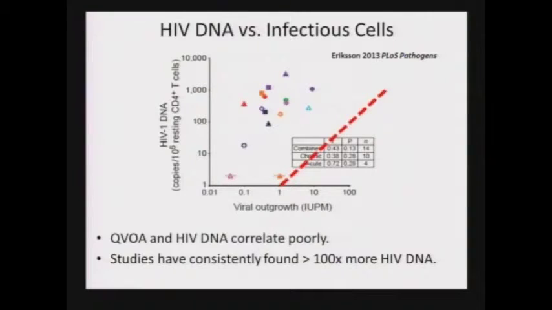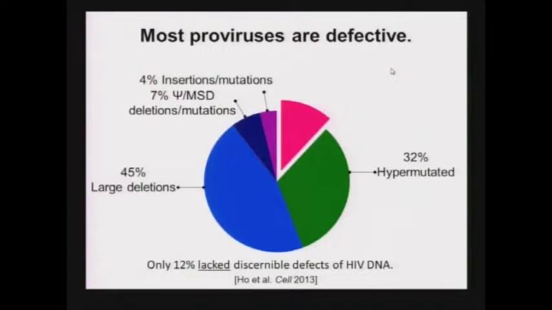In fact, in 3 of the 4 HIV DNA assays they looked at, there was not a significant correlation. Furthermore, as you can see here, by comparing the identity line with the data in that study, there is more than a 2 order of magnitude difference in the magnitude of the QVOA and HIV DNA, which has now been definitively shown at a quantitative level by Ho et al. in this Cell paper to be due, at least in significant part, to the fact that the HIV DNA provirus